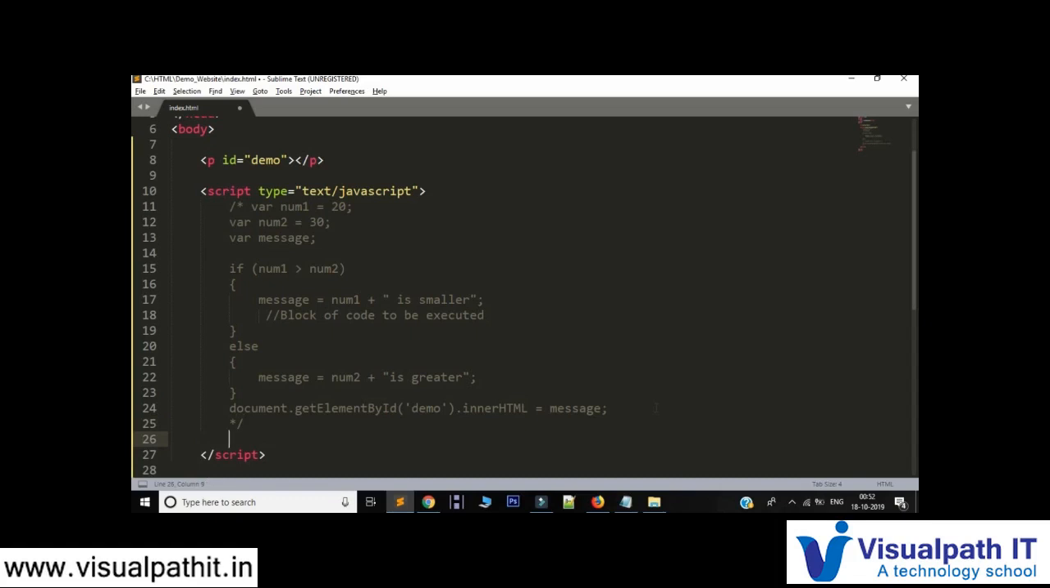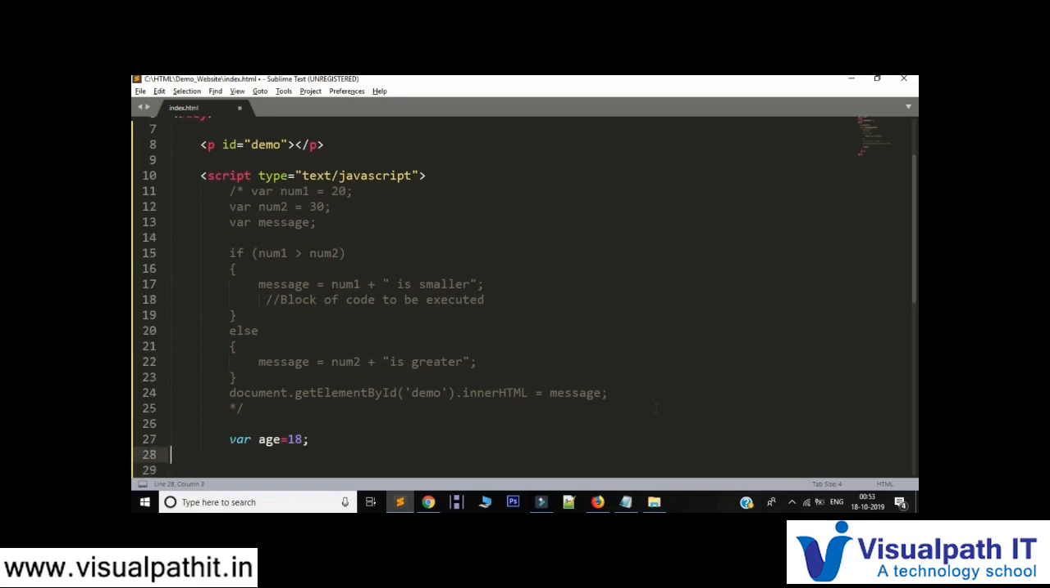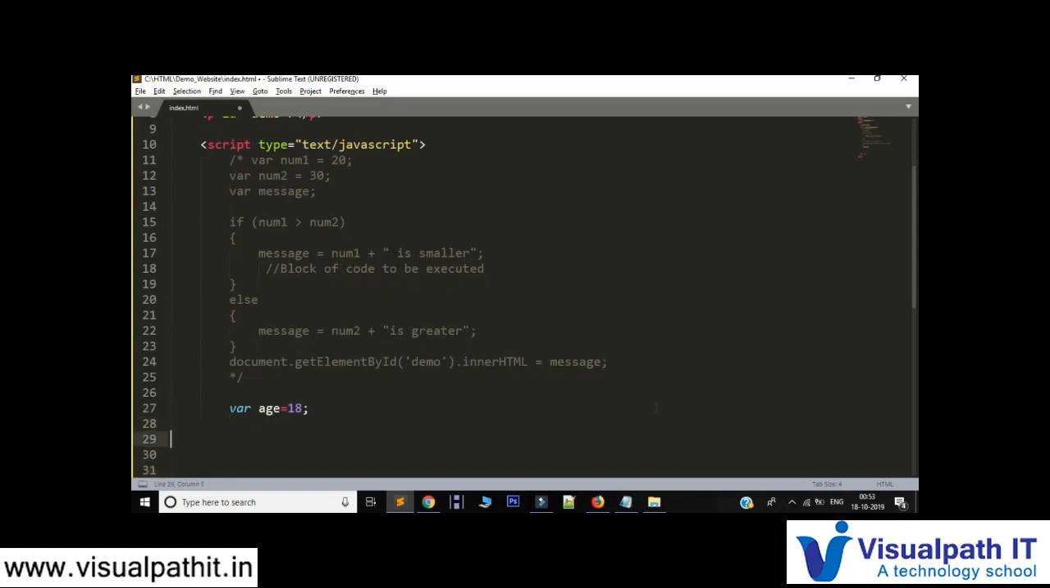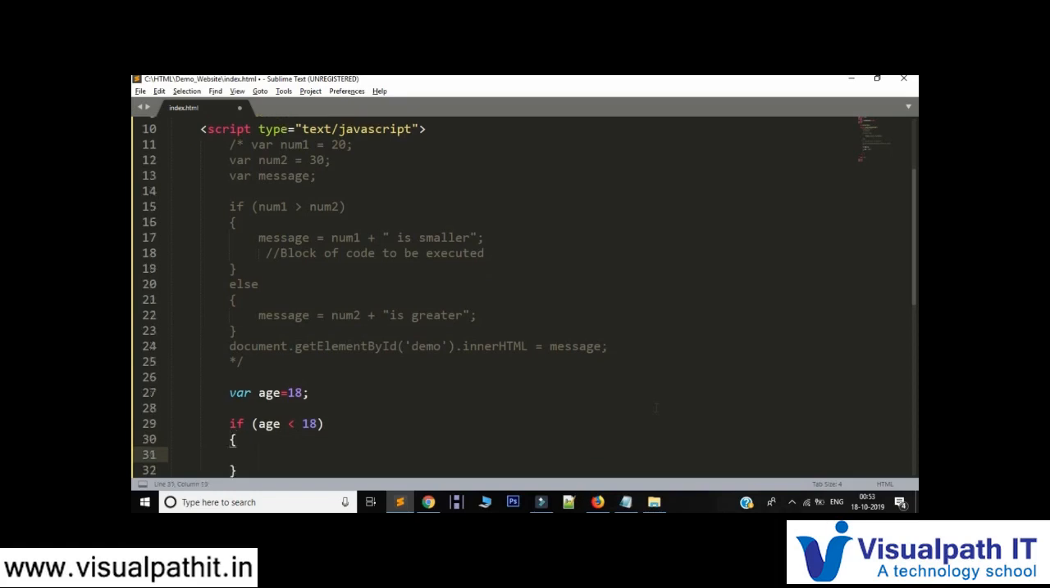Okay, now let's have some comparison on age. For that, first I'll add the variable age is equals to, let's take it as 18. Now we'll write an if condition over here. If age is smaller than 18, then I will write